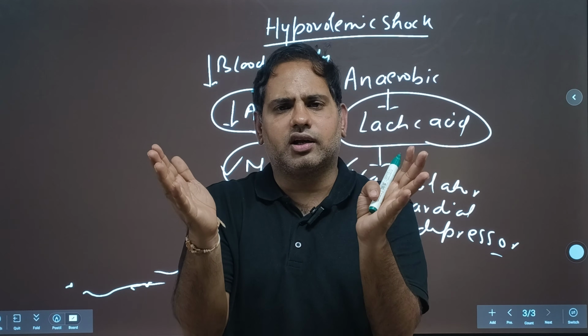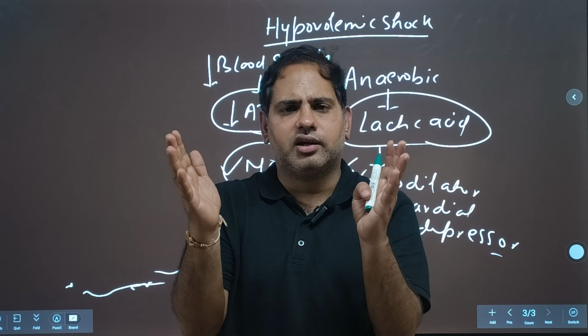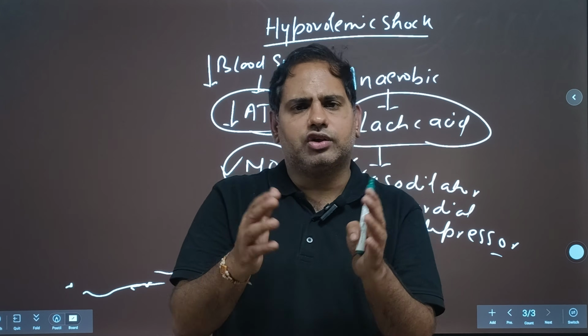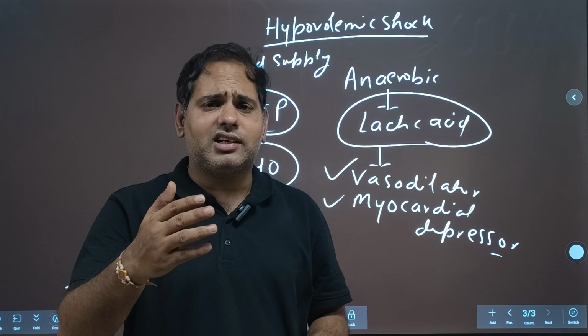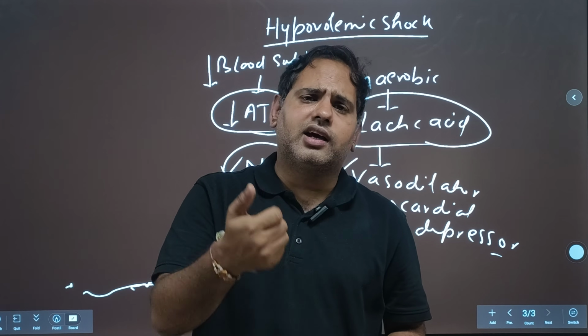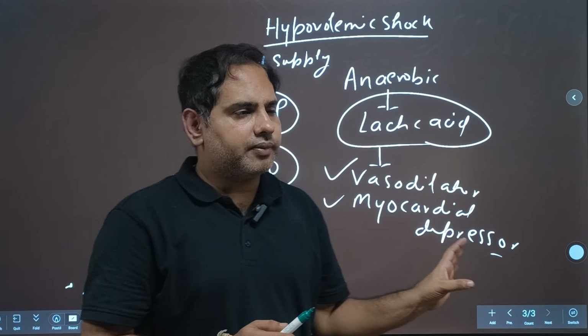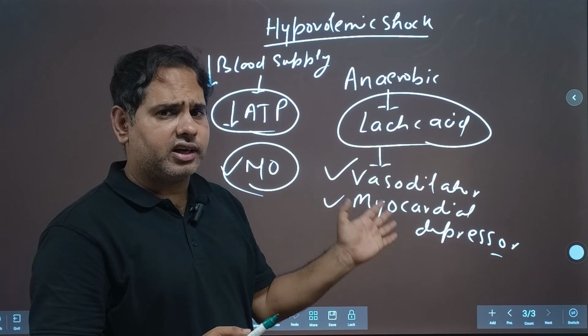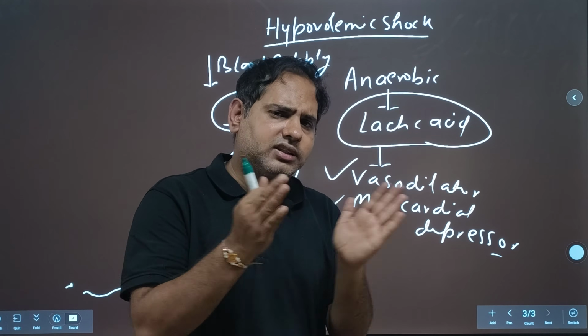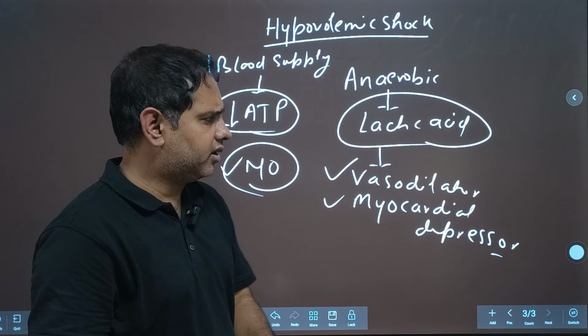कंपेंसेटरी मैकेनिज्म ट्राई कर रहा है कंस्ट्रिक्ट करने का, ये अब उसका उल्टा काम शुरू करने लग गए, ये उसको डायलेट करना शुरू कर गए, राइट। नाइट्रिक ऑक्साइड रिलीज होगा जो कि अगेन वैसोडाइलेटर है। लैक्टिक एसिड अपने आप में हार्ट पे एक्ट करेगा जो कि मायोकार्डियल डिप्रेसेंट है, मायोकार्डियम को डिप्रेस करेगा। तो जब ये और बढ़ते जाएंगे धीरे धीरे तो आपका कंपेंसेटरी मैकेनिज्म फेल होना शुरू हो जाएगा, राइट।